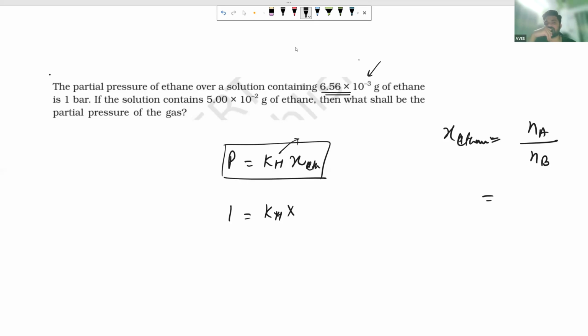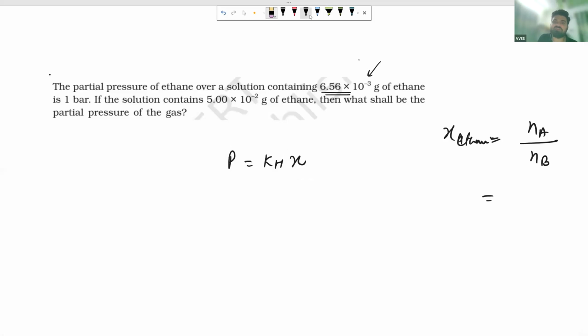Got it? Yes, sir. Now just concentrate here because we don't know the B, the number of moles of B. Because the amount of ethane is not given to us. Now the same solution, what is it asking? We just compare it. So you know that KH is constant for both. So for this case, we can consider this as